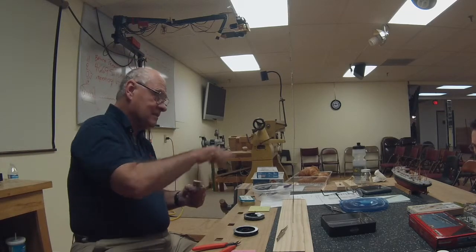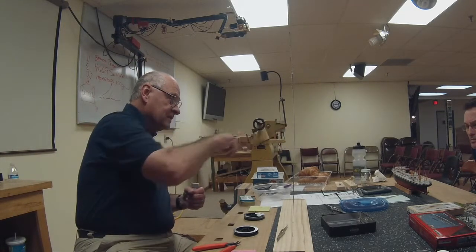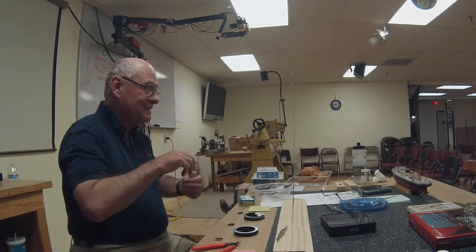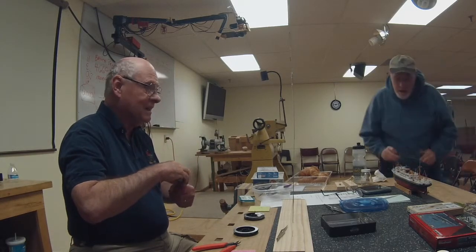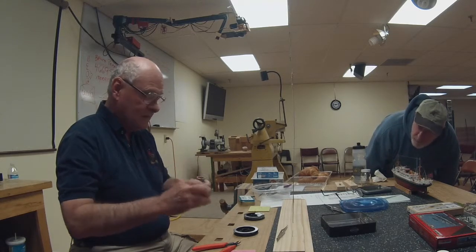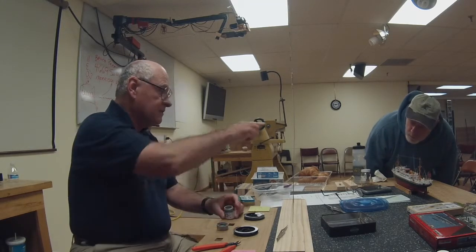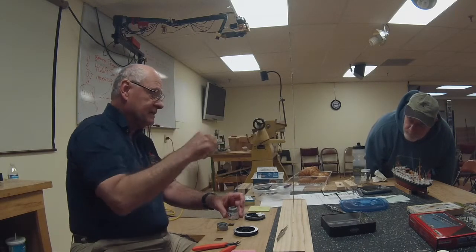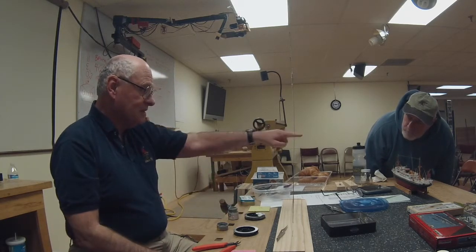And then you could do these little things across here, a little strip of plastic on each side. And you see where the radio antenna is, right? See where the little box triangles are, you tie those two knots onto the plastic, and then you stick it onto the mast, and then